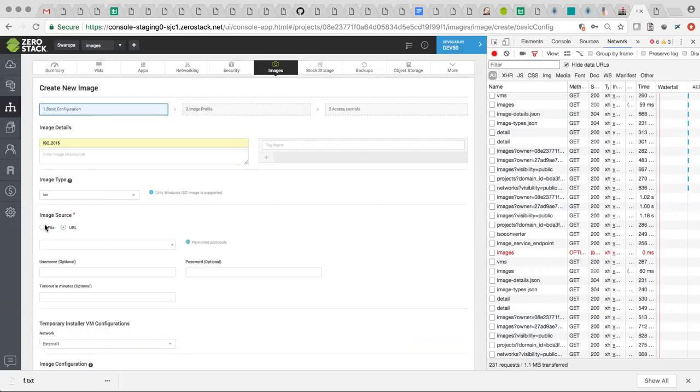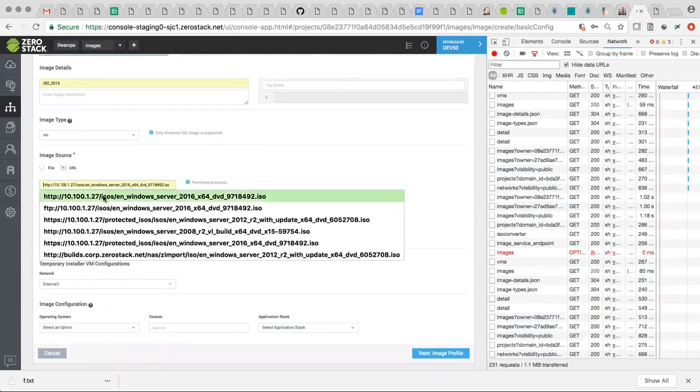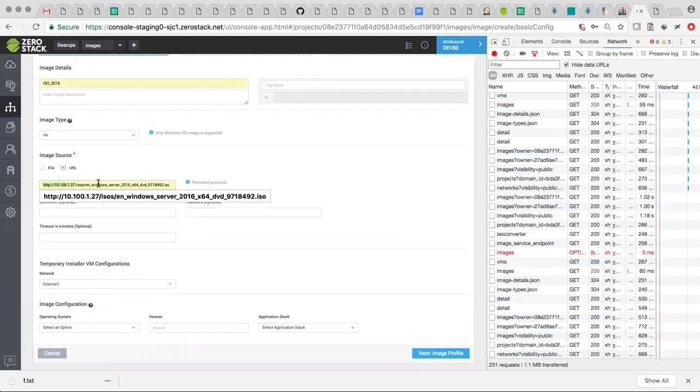From there we upload the file, which is faster. Right now, since we are in corp, I do not know any other machine from where I can upload the file. So let's select the URL option,